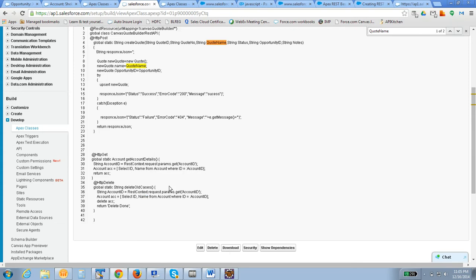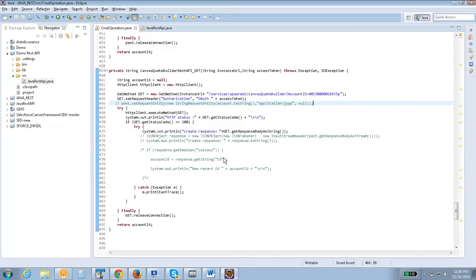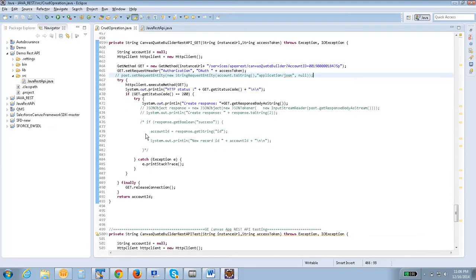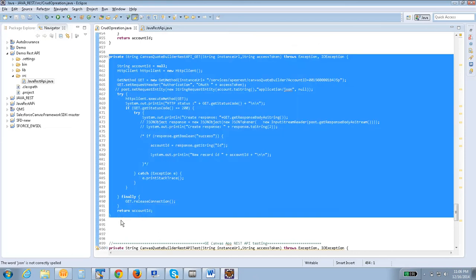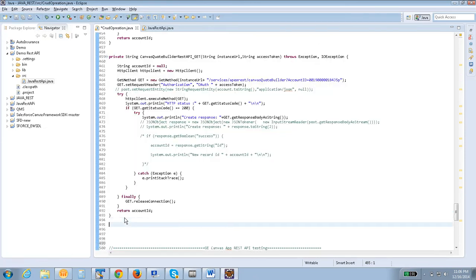In delete, we have to use the delete method instead of the get method. There is only one difference. Got it? For it also, we have to send which account you need to delete. So it is also a query string, and based on this it goes and deletes that particular thing.